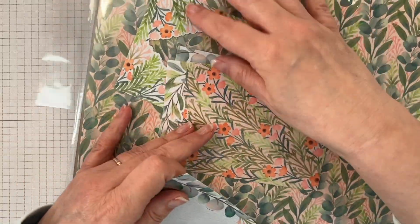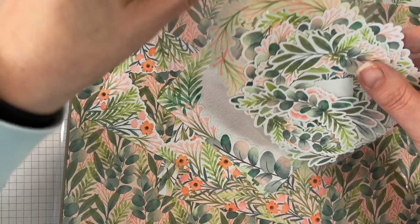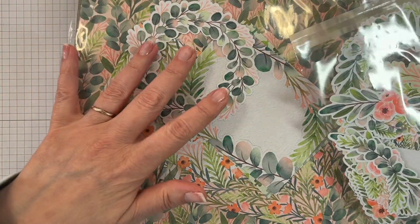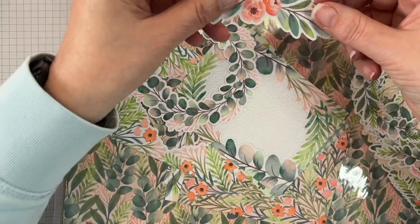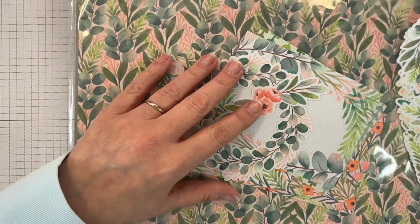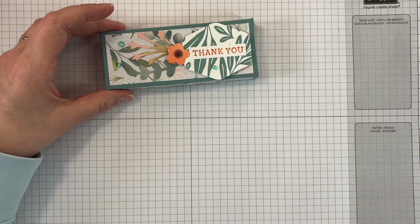out and be something like that kind of frame, but it also has some kind of wreath shaped pieces like these that will be fabulous, and some kind of banner ones that you could put on top of a sentiment piece or something like that. And it also has lots of little bits of flowers and leaves, and those are what I've used to decorate